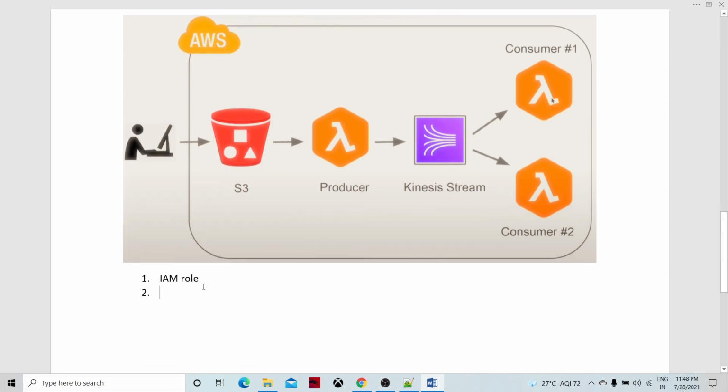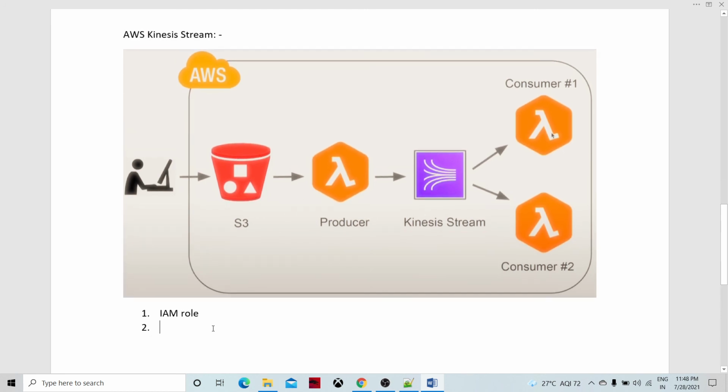There are steps you need to follow. First is the IAM role. Second step is to create the Lambda functions. Then the S3 bucket, and the event which you can attach to the producer Lambda.